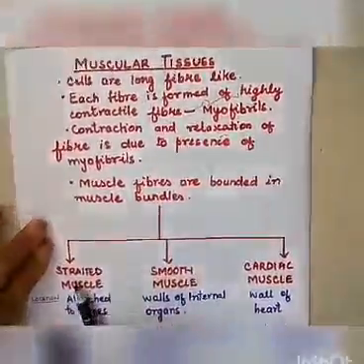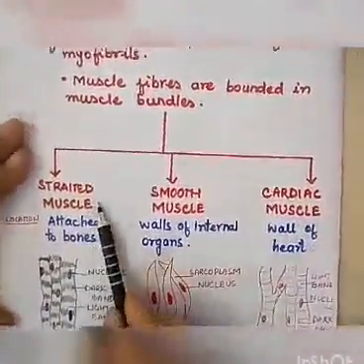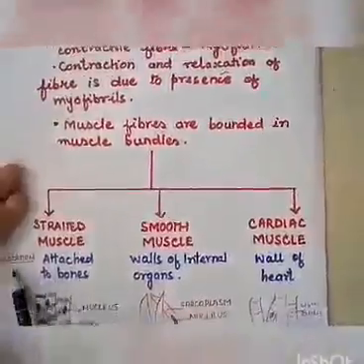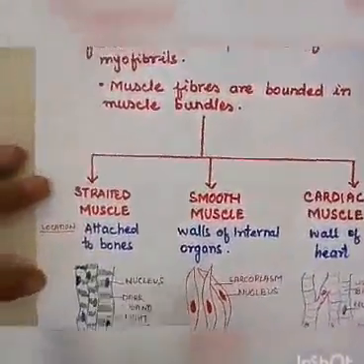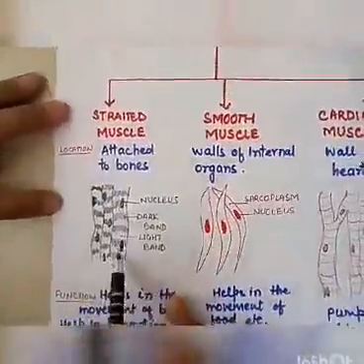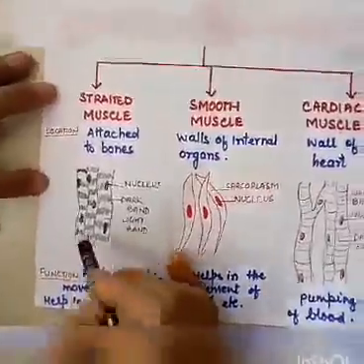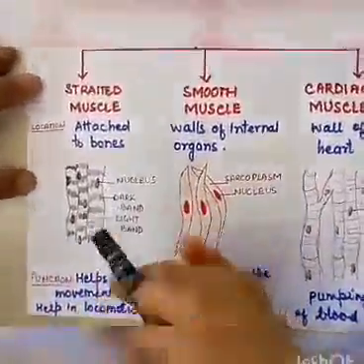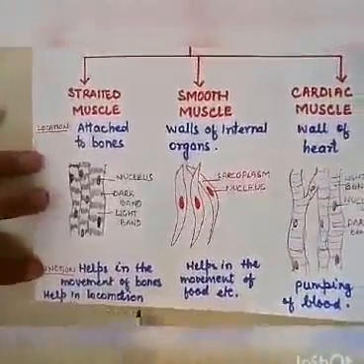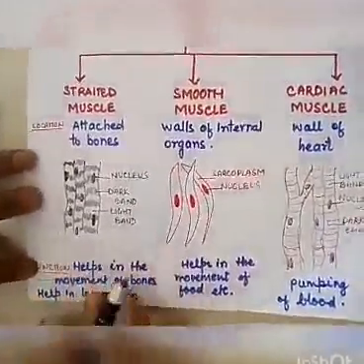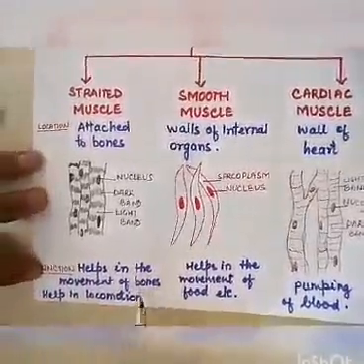Thus muscular tissues are of 3 types: striated muscles, smooth muscles, and cardiac muscles. Striated muscles are attached to the bone. This is the striated cells. They are non-branched. You see the nucleus is present, multinucleated. See the dark band and light band. So they are long slender cells. Its function is that it helps in the movement of bone and in locomotion, because they are present on the bones. So they help in locomotion, and they also give contour to the body.